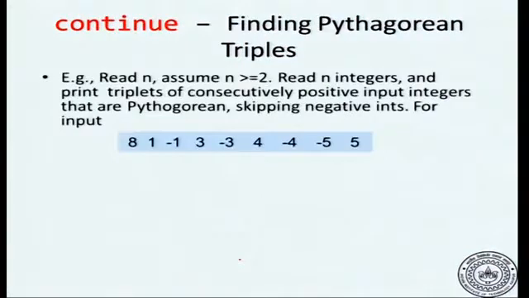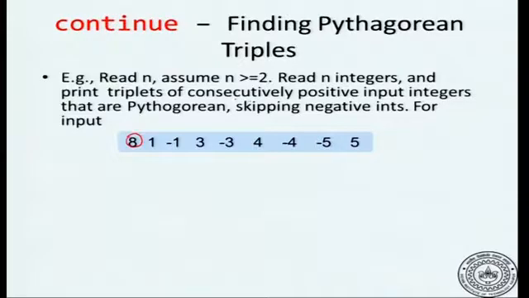So here is our problem. We are given a stream of numbers, and let's say there are n numbers. So the initial number says how many other numbers there are. So 8 says that there are 8 numbers to process. After you read n, which is greater than or equal to 2, you have to read n integers, and then you have to identify